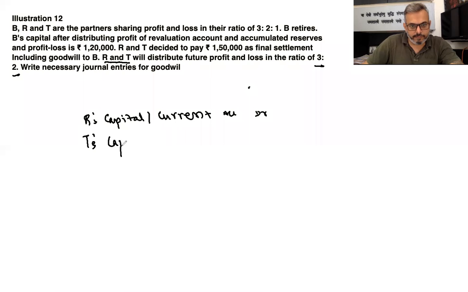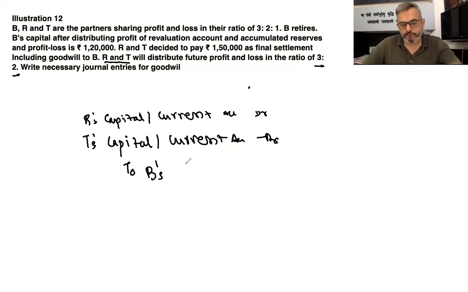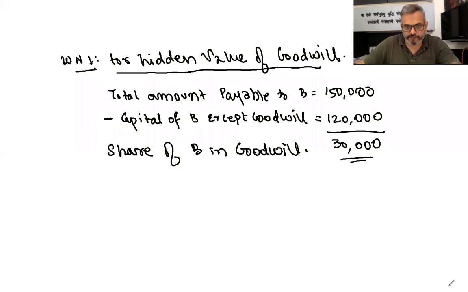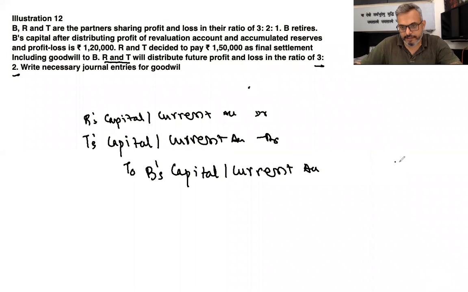T's capital or current account will be debited, and we'll give the credit to B because B is going, उसको उसका हिस्सा देना है तो हमें उसको क्रेडिट करना है. B's capital or current account. Now we already have found the share as per working note that comes to 30,000. So we credit B by 30,000